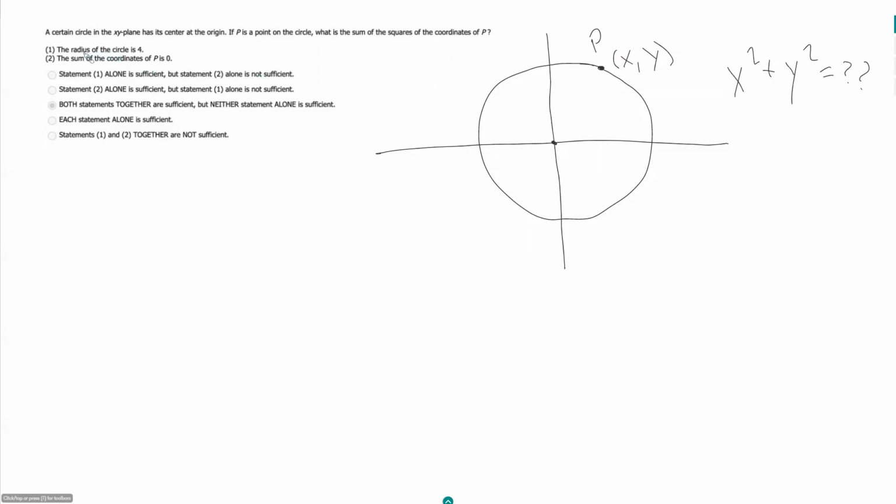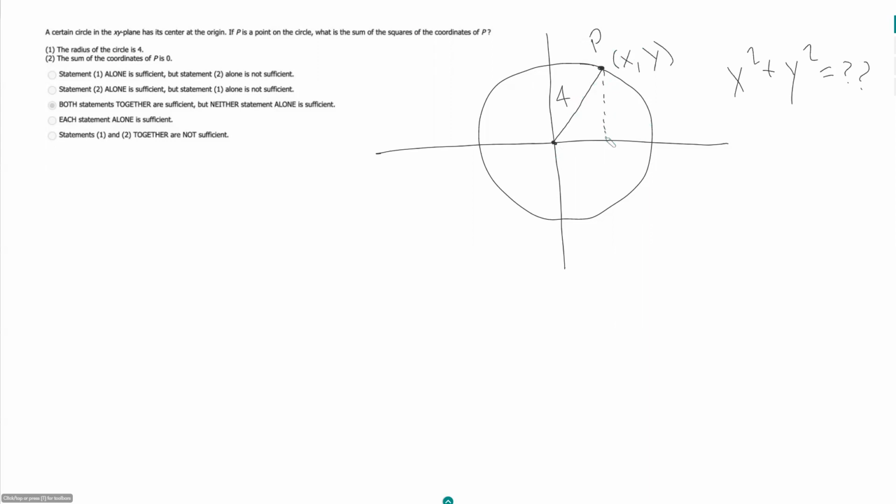Let's see. So statement 1 says the radius of the circle is 4. So this is relevant because if our center is at the origin, well then if we draw a line to P, that line, a line to P from the origin, that line should be a radius. So this line here has a length of 4. Now, if I were to